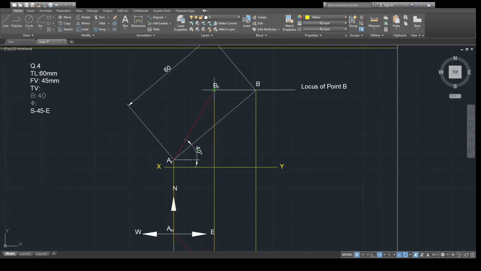So this is my starting point of the arc, and this is the center point. So I am rotating, you just see how I am rotating. So I am rotating this front view up to the locus of point A. So where is the locus of point A? So I will draw a horizontal line so that you will get more idea about what I am saying. Yes. So this is the locus of point A. So this is my starting point and this is my center point. You rotate AF, BF up to the locus of point A. So this is the point up to which you can rotate.